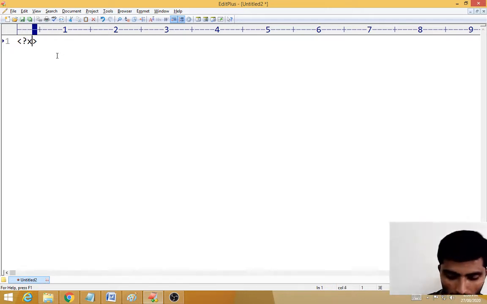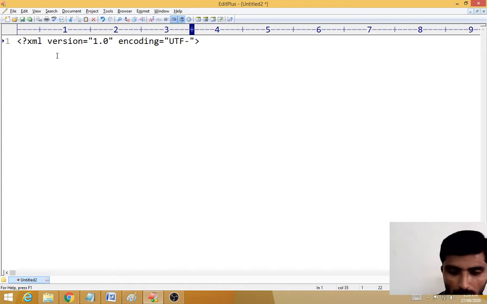Question mark xml, then you write the version, which is 1.0, then the type of encoding, encoding equals double quote UTF-8, then the question mark closes it.